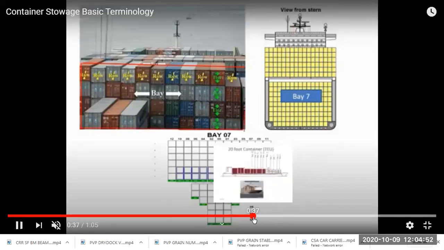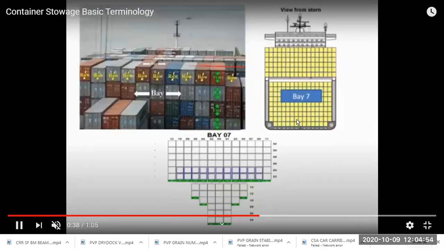We have one way like this, we represent bays, and then these are the two more ways. So this is bay number 7, and this is also bay number 7, how it is shown. So we have to represent the bay plan in 3 ways. One is the fore and aft direction, the last slide, and then this is one fore and aft direction cross section, and this is also a cross section of fore and aft direction. So these are 3 ways we represent the bays.